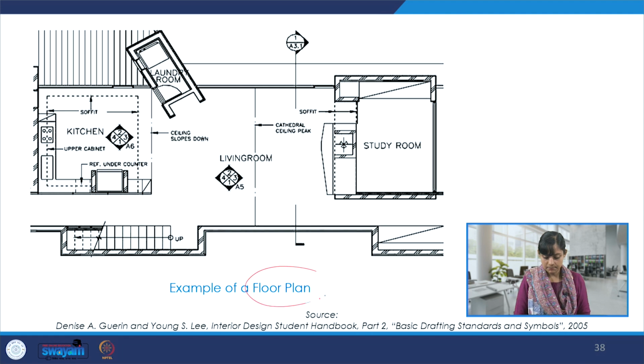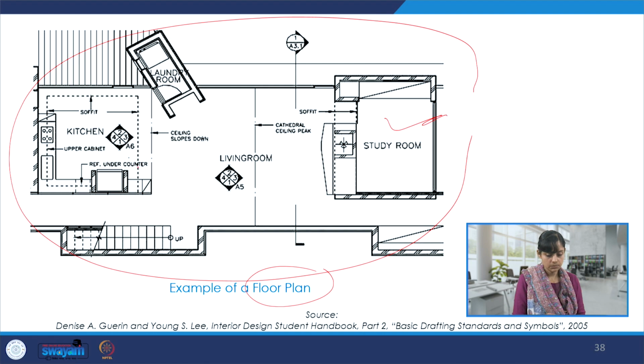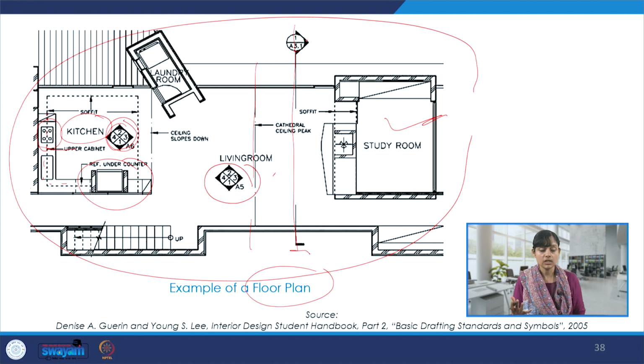So this is an example of a floor plan that we see over here. This is a study room. Here this is a kitchen. And within the kitchen we see all these details. There is a dotted line. There is a cabinet above the eye level. And these are all the arrows and numbering for the elevations, all four elevations. And where the equipment is placed and where the refrigerator is placed, all of that. And this is the living room, and again marking all the details, making the section lines.